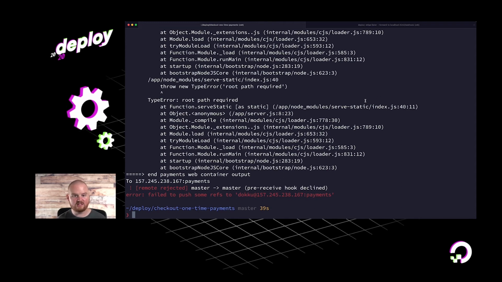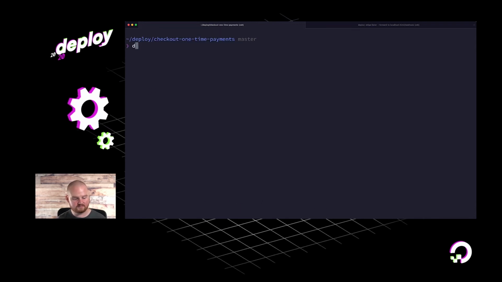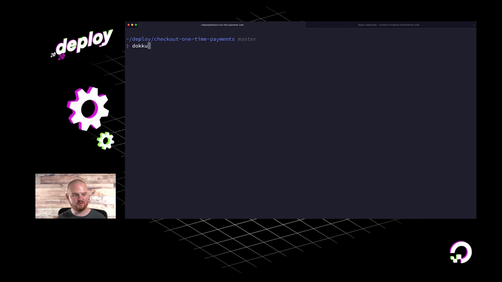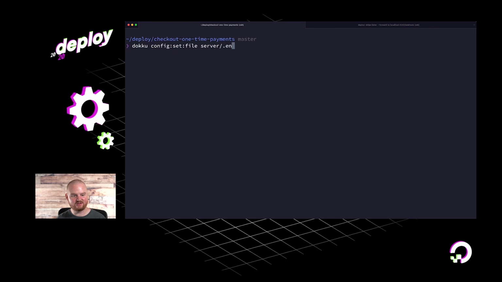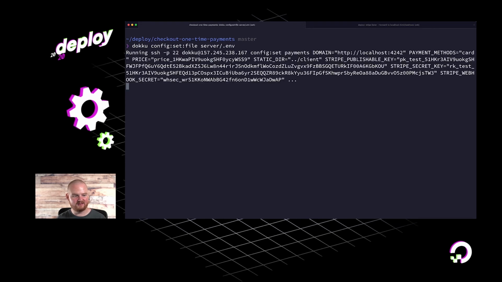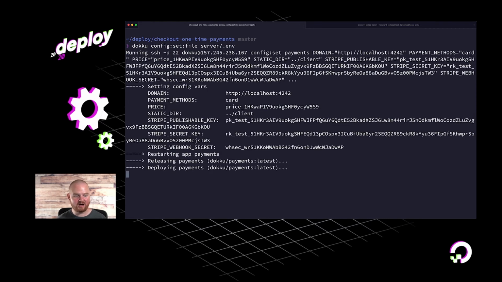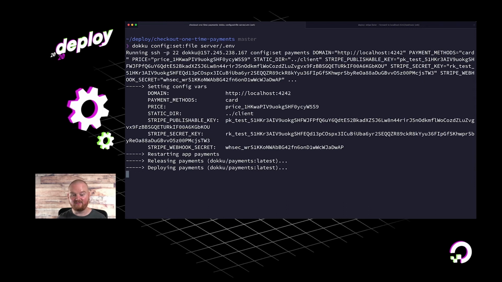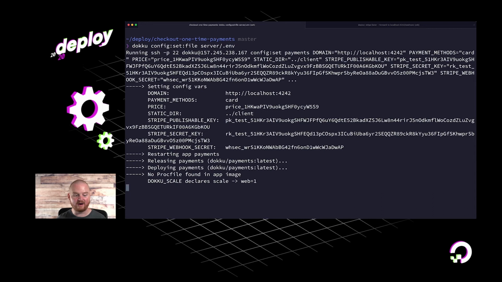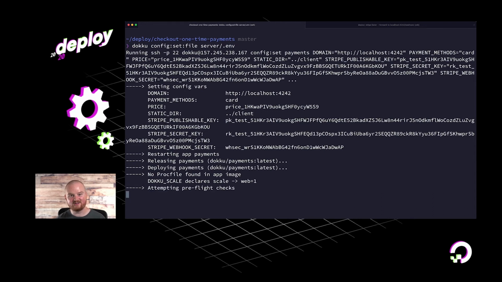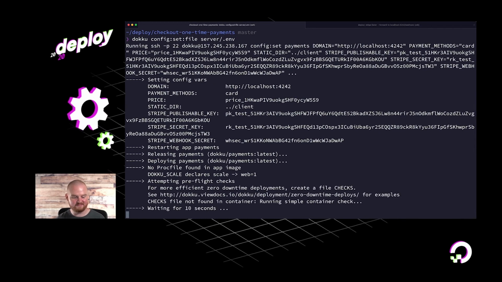So the first thing we can do is dokku config:set with the file server.env. And that'll set up all of our .env variables that were already preset for our local version. And then we want to overwrite those with the settings that are specific to the droplet.